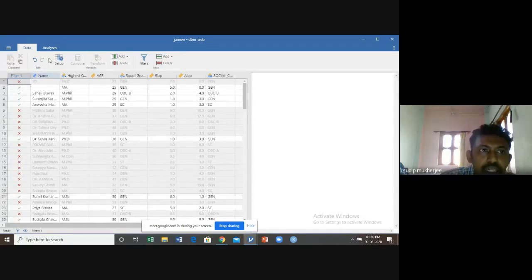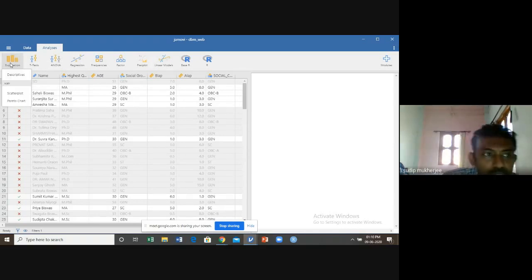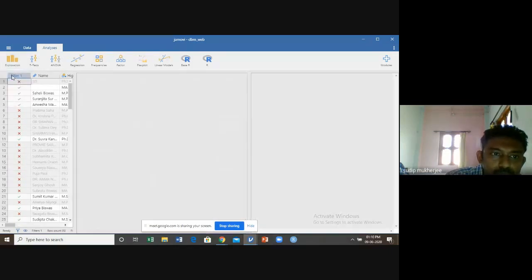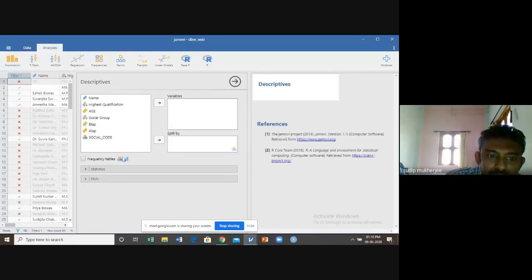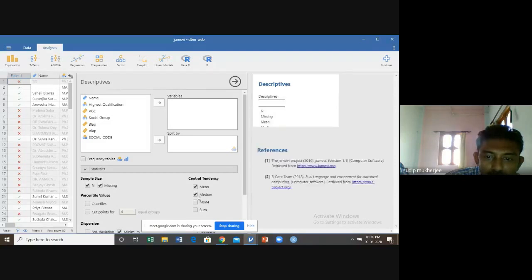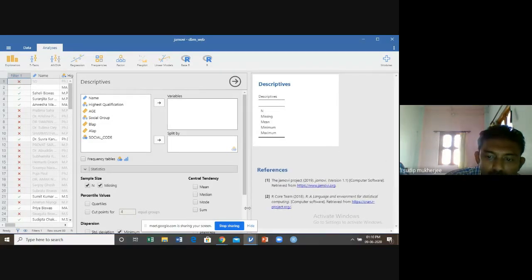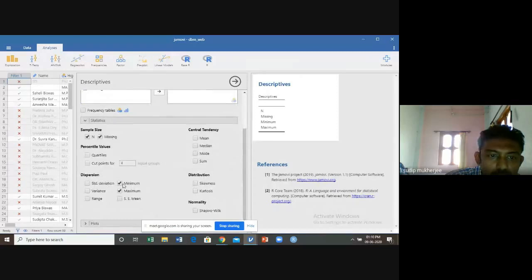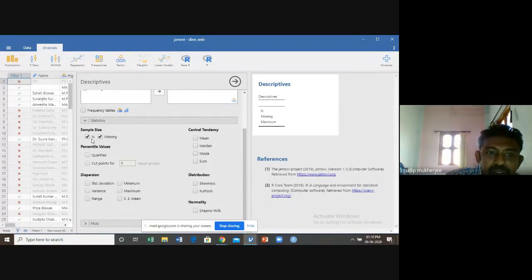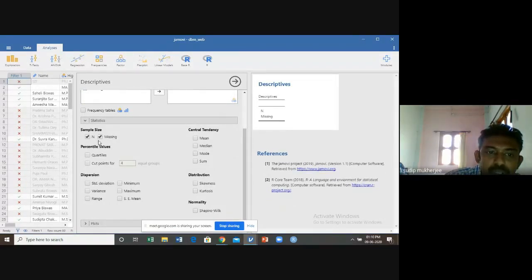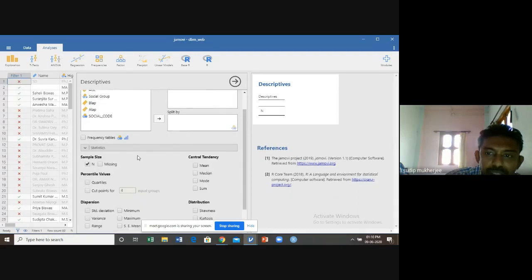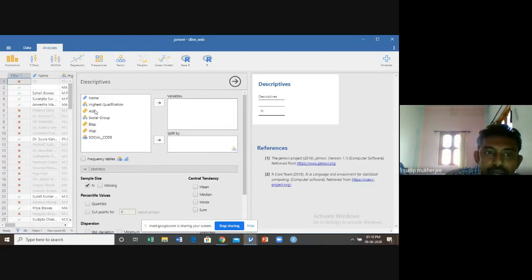So, clear? How many of them are within 30 years of age? Just click on analyze, then exploration, then descriptive. Under descriptive, we only consider the sample size, that is n, and the missing observations.